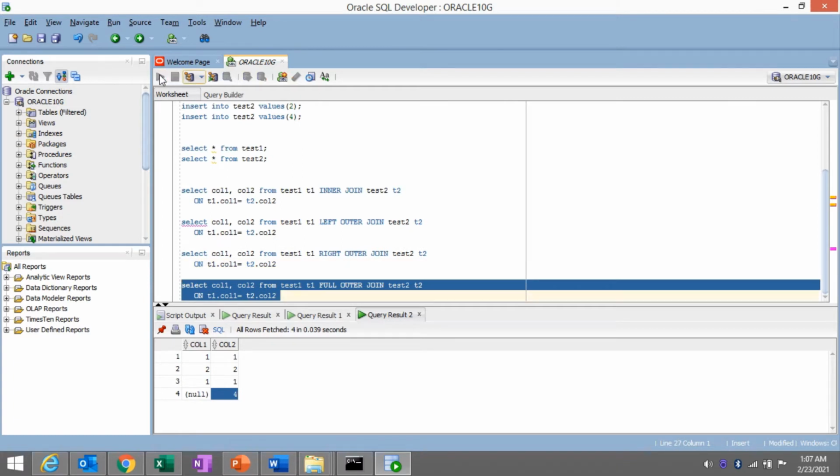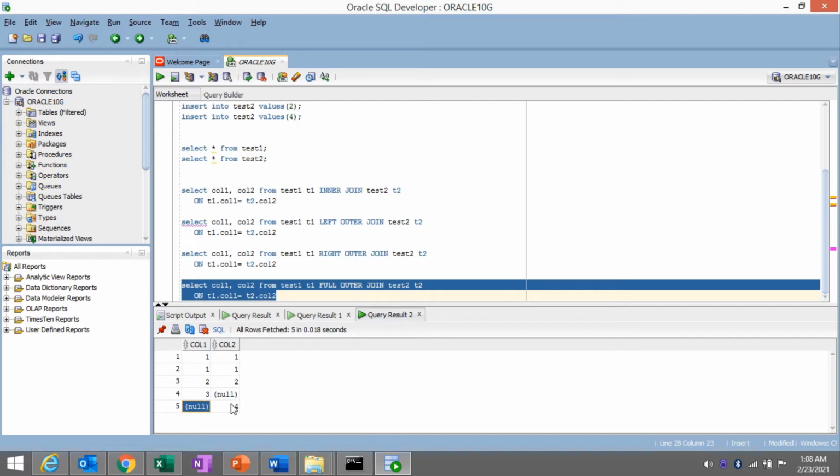If you perform the full outer join, then the values which are there in the left table and the right table, all values it will display. If we don't have a matching value on both sides, like 3 is there in the test1 table but it is not there in the test2 table, then full outer join will give null on the right side.